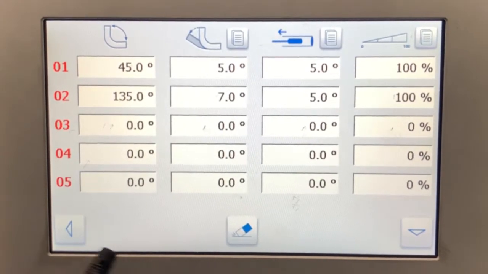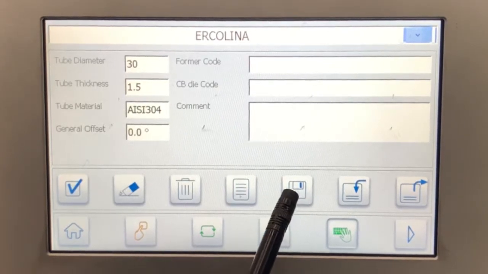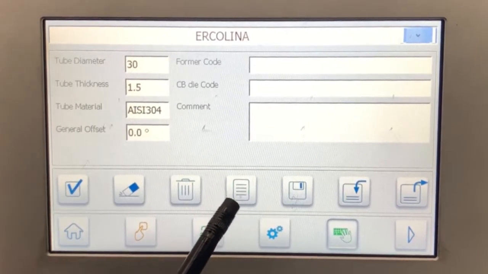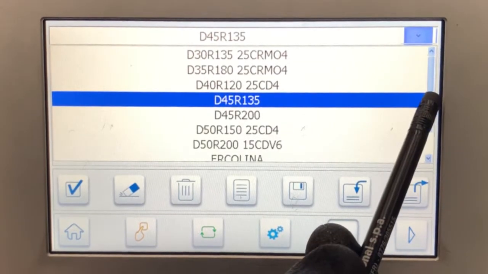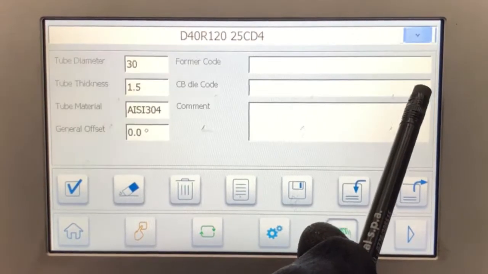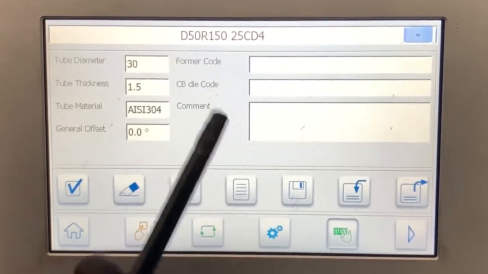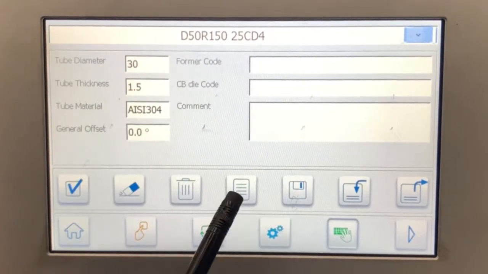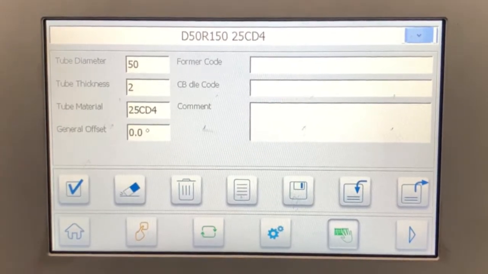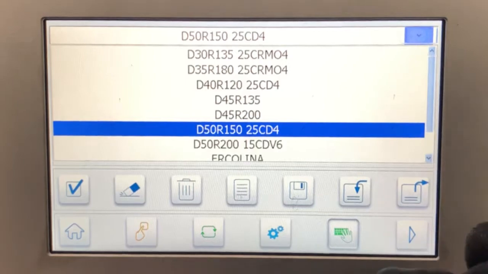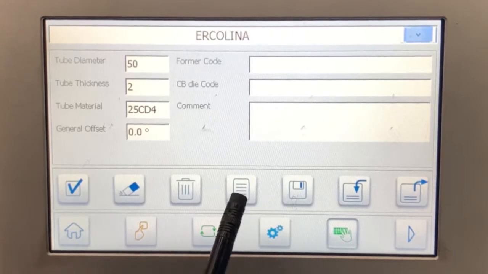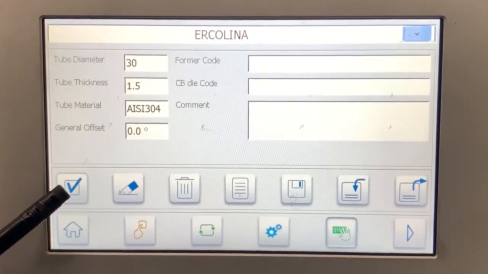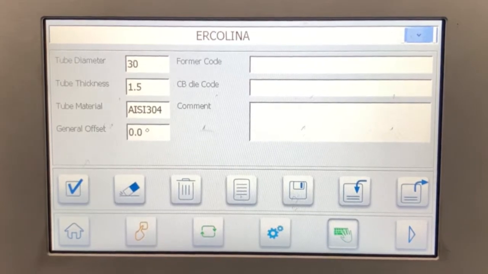Once I did the program, I go back, I can save it, then this button means read. Because if you recall a program, I'll show you an example. You see, I have always this information. So with read, I recall the information from the other program. I reselect my program, I read it, and I transmit it to the automatic page.